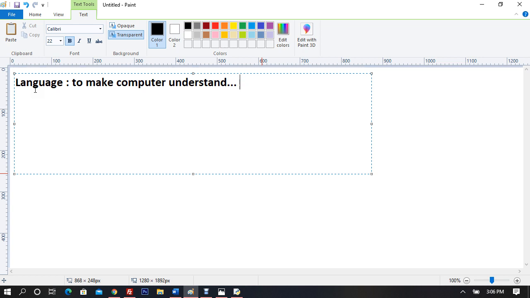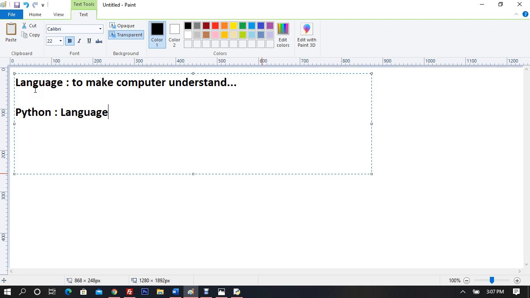So I'm not going to start with bitwise, and I'm not going too deep into it. But one day we'll have to go deep into it, inshallah. But that is the language. And today we are starting with Python. What is Python? It is a computer language which we use to communicate with the computer and make the computer do all the things we want it to do. Is that clear? Any problems?